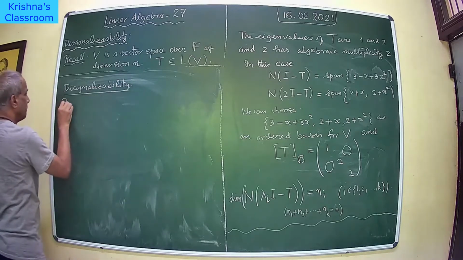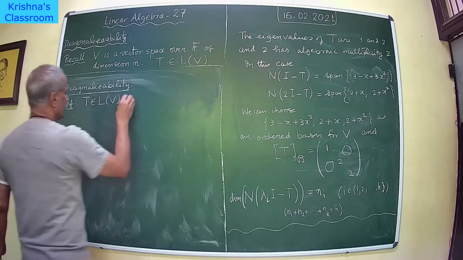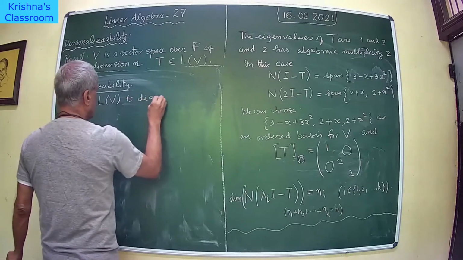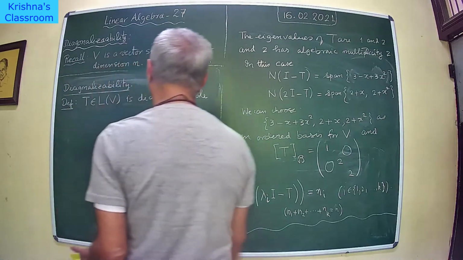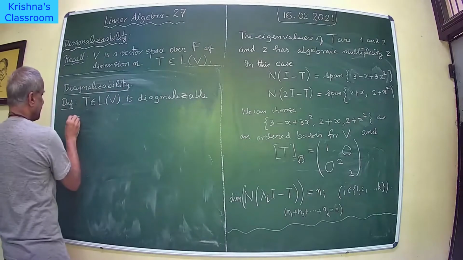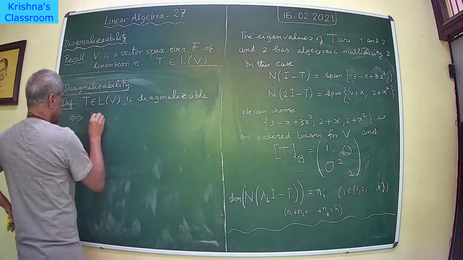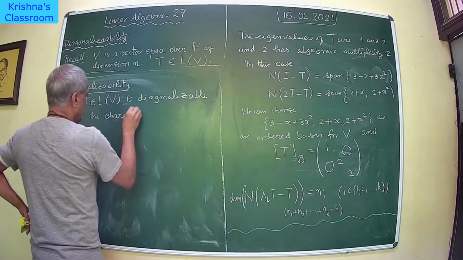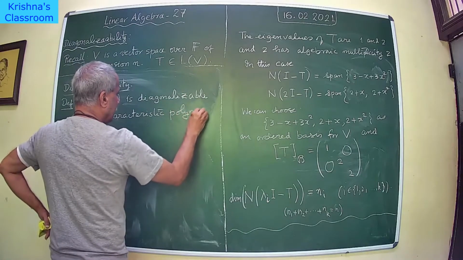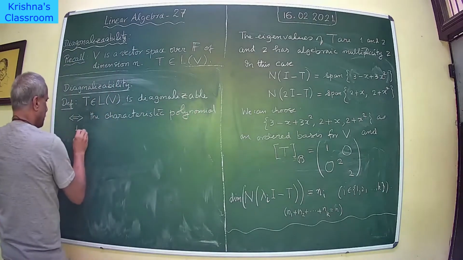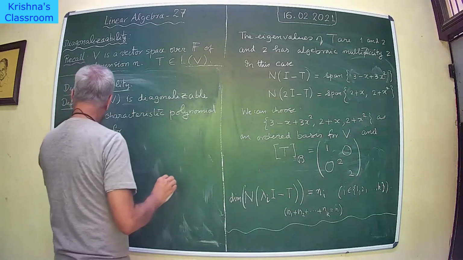You will write that P belonging to LV is, if and only if, the characteristic polynomial takes the form, or splits,